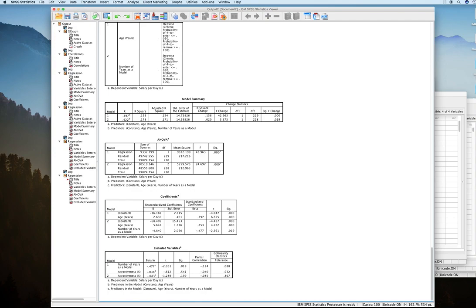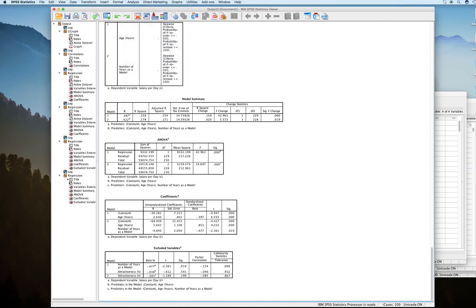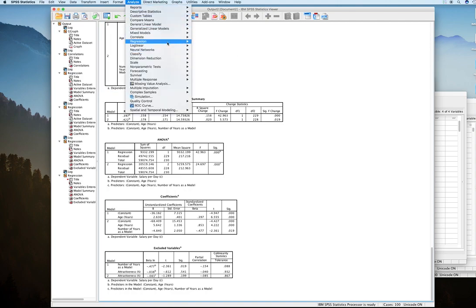We could have taken another look at potential problems with the model, right? So we could have checked the case-wise diagnostics. One thing we could have looked at is the PP plot of the residuals, and we might find that they don't look like they're normally distributed. We might look at the z-pred, z-resid plot, and if we did that, let's go ahead and look at that